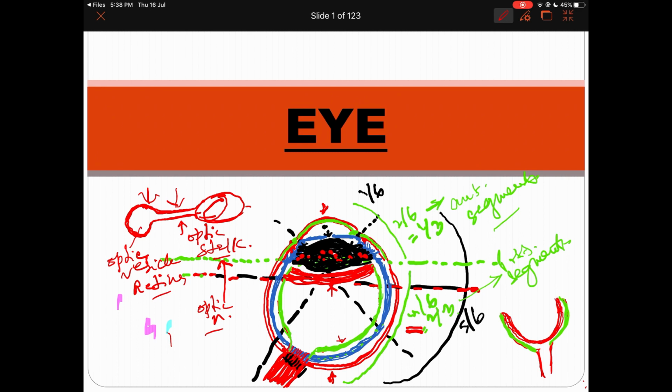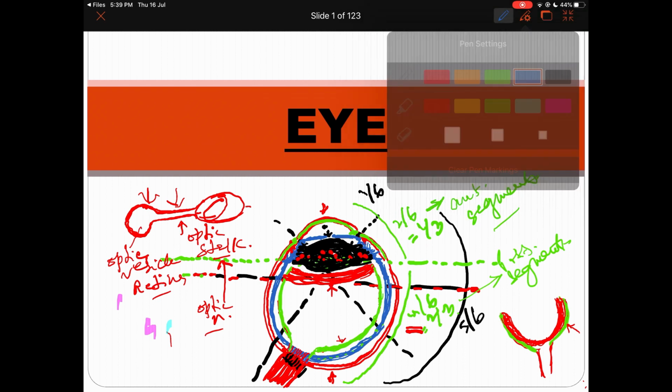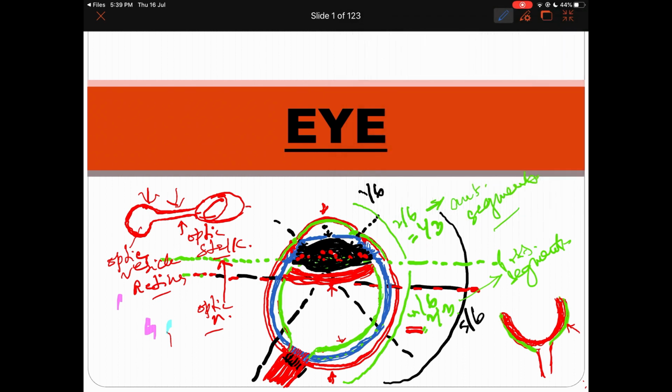You can say the 10th was already there, 9th, then came 8th, then 7th. Likewise, you will reach up to the 2nd. Why 2nd? Because the first is already there. The 2nd will now touch the first, already present, and the first was this epithelial, called the retinal pigmented epithelium, RPE. The 2nd belongs to the neural layer, and the 2nd layer